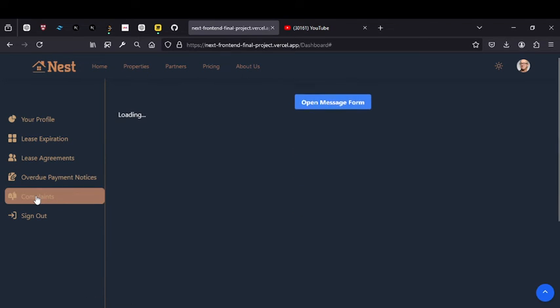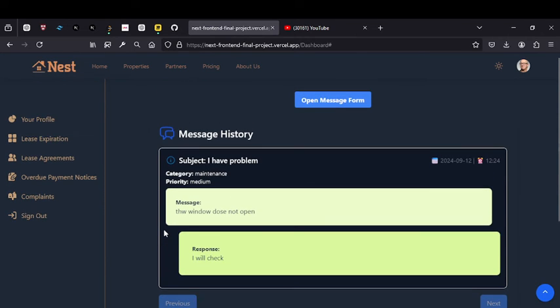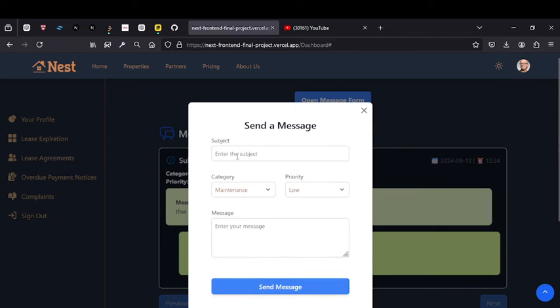Now we come to the complaints, which is a feature that's connected to the inbox in the admin dashboard, where the user can submit complaints or messages for his admin. So I'm going to make a new message. The subject, let's say, I have an electricity problem. The category is maintenance. Let's say the priority is high, and the message could be anything, like